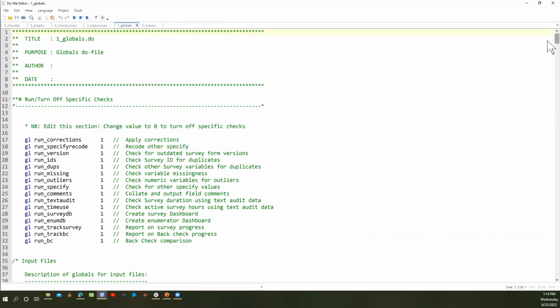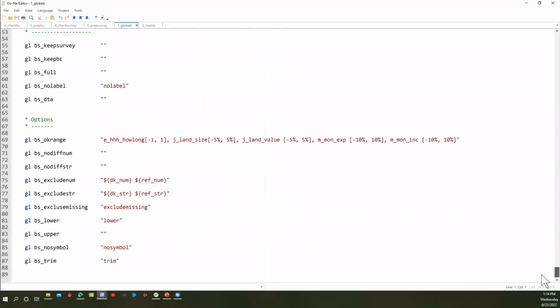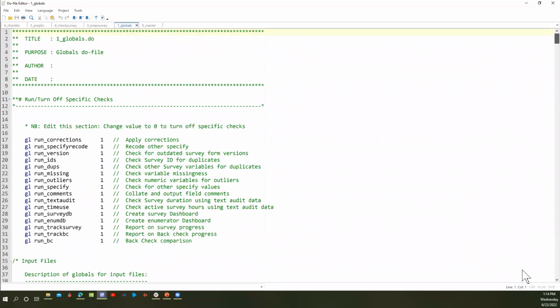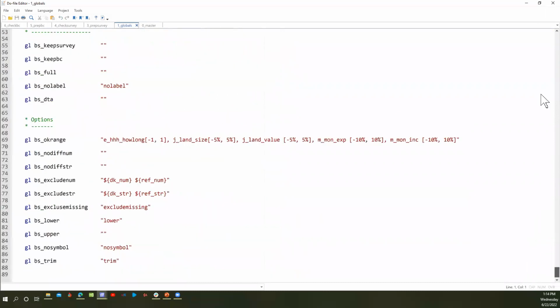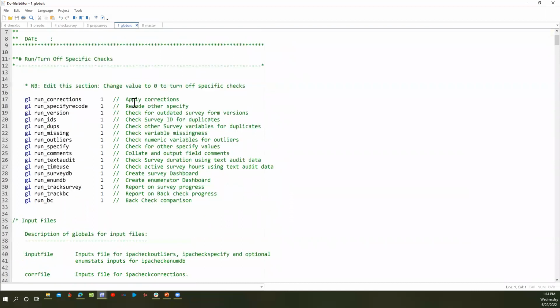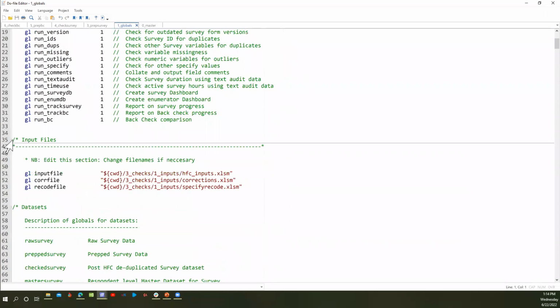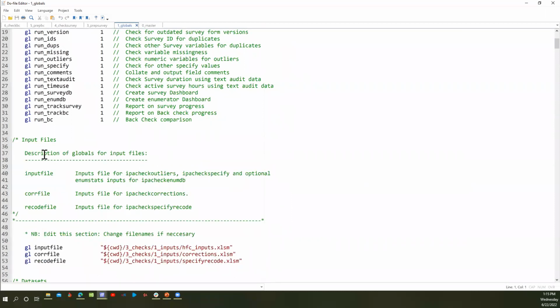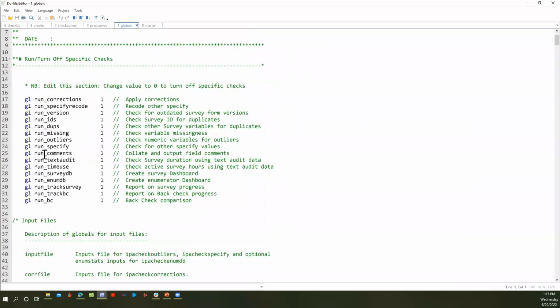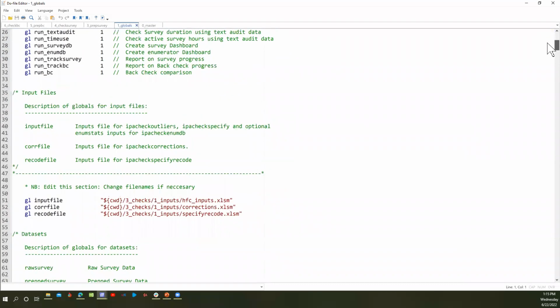It is a long do file, but nothing to worry about. Most of it is just comments. You don't need to set up 800 lines. Most of it is just comments to make it easier for you to understand what is expected for each of the globals. You can also collapse them if you feel that it's too long. The globals do file is where you do most of your setup.